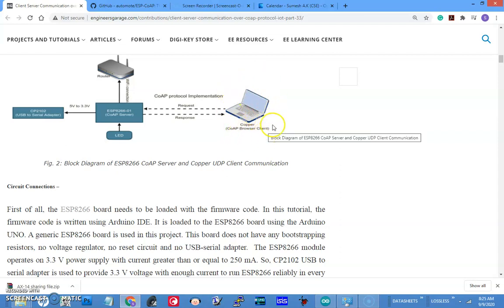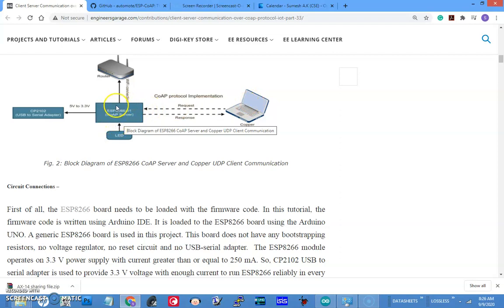It is a browser kind of environment, and I will show you that. From there you will make a request to an ESP8266 COAP server with an LED connected to it. When we say LED on, the COAP web server will switch on the LED.